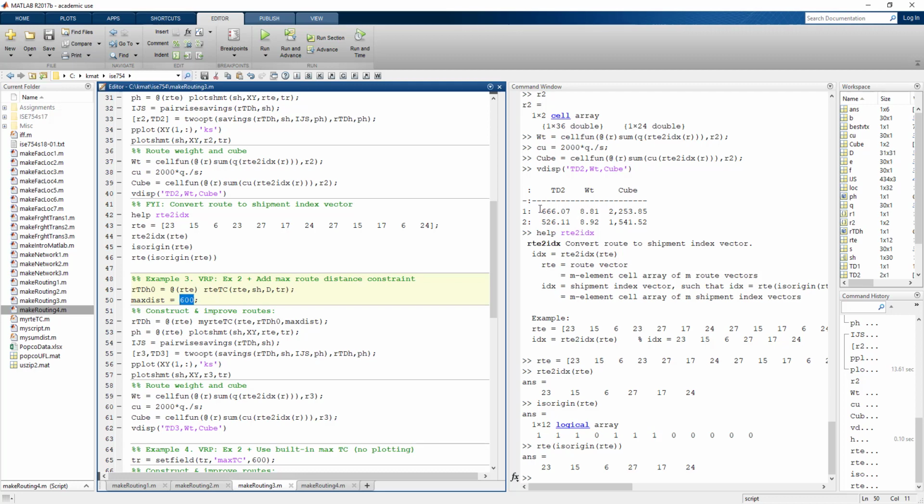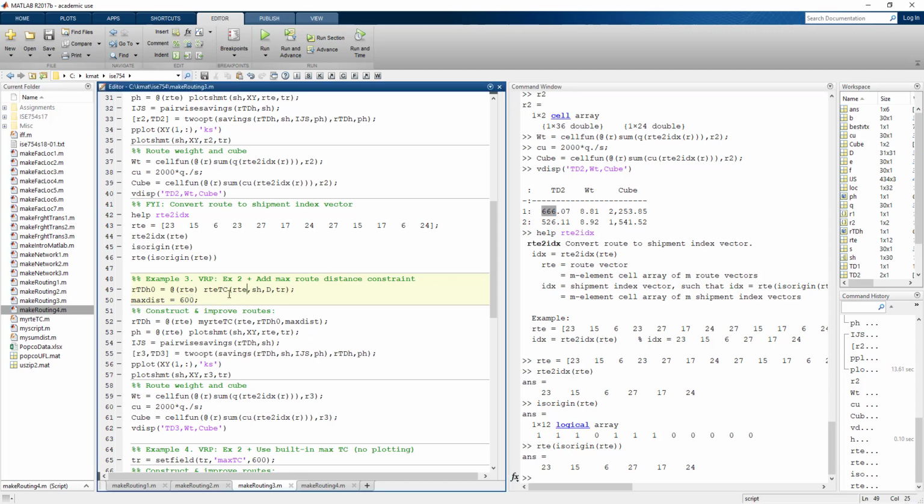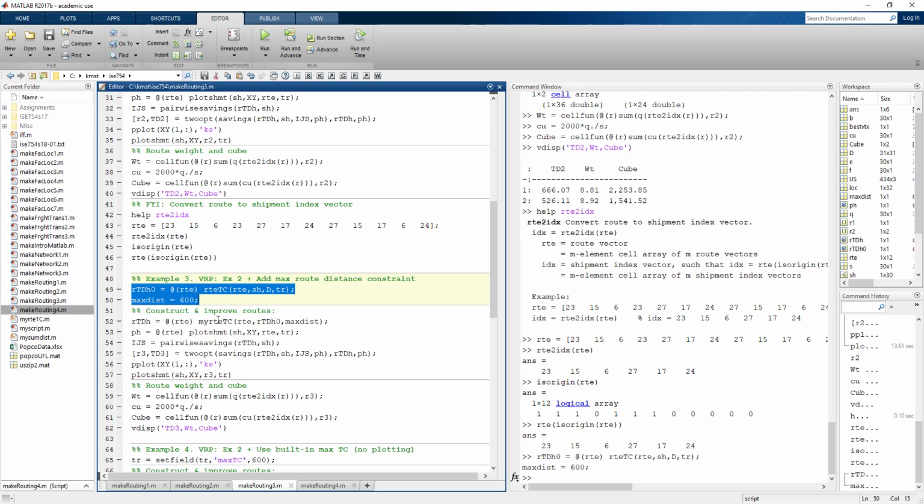And looking at our result previously, we can see that even before it got to the cube violation, the total distance here was greater than 600. So this is not going to be a viable solution the way it's currently indicated. So the way that we can incorporate that is first add a max distance constraint, and then